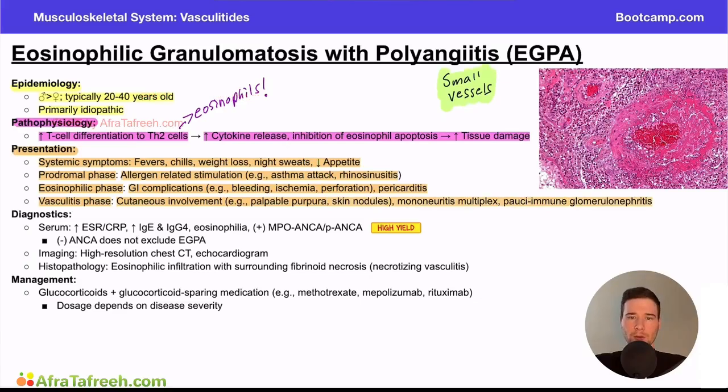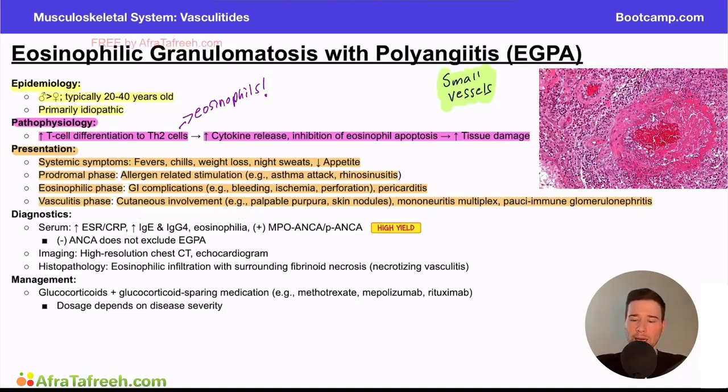So just as a little bit of a review, palpable purpura is a non-blanching rash of the skin. It is typically a little bit elevated, hence the name palpable, and it's kind of a reddish purplish color, hence the name purpura. These can be seen in a variety of skin findings, but it's a very classic physical exam finding in vasculitis conditions. Mononeuritis multiplex, remember, is 2 isolated polyneuropathies, or 2 different nerves are affected. And this is typically going to present as painful, asymmetric, either motor or sensory changes, and this is a pretty